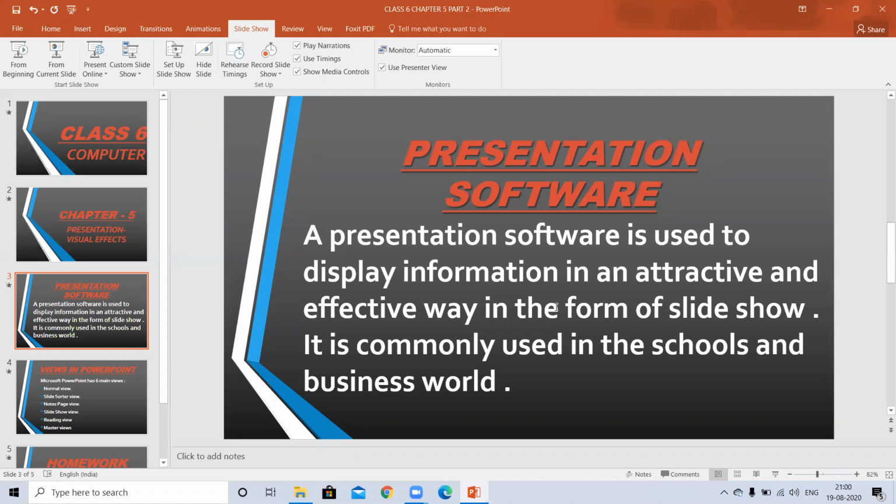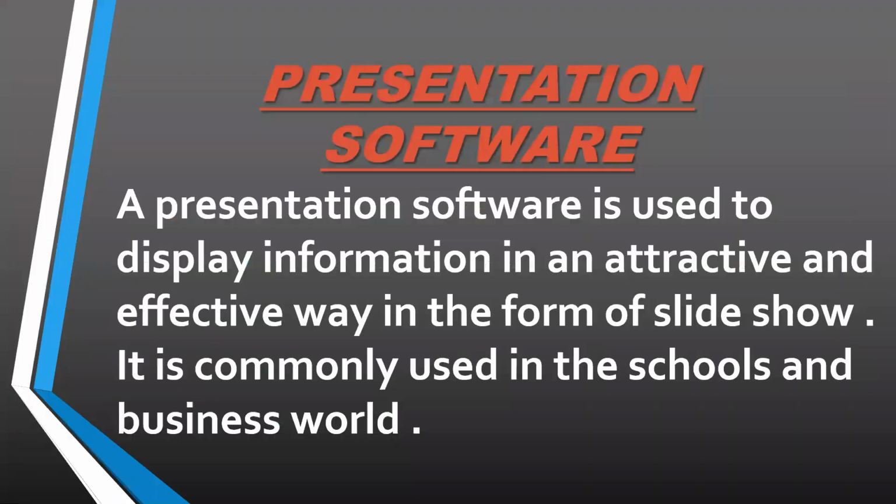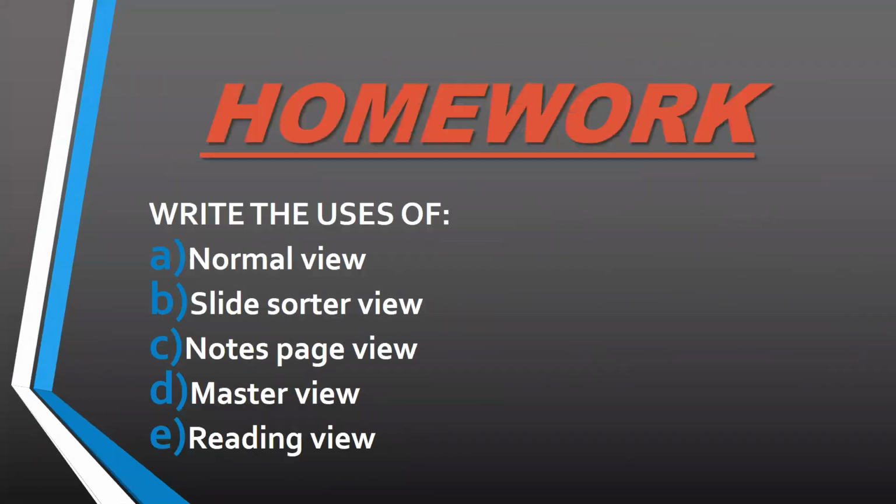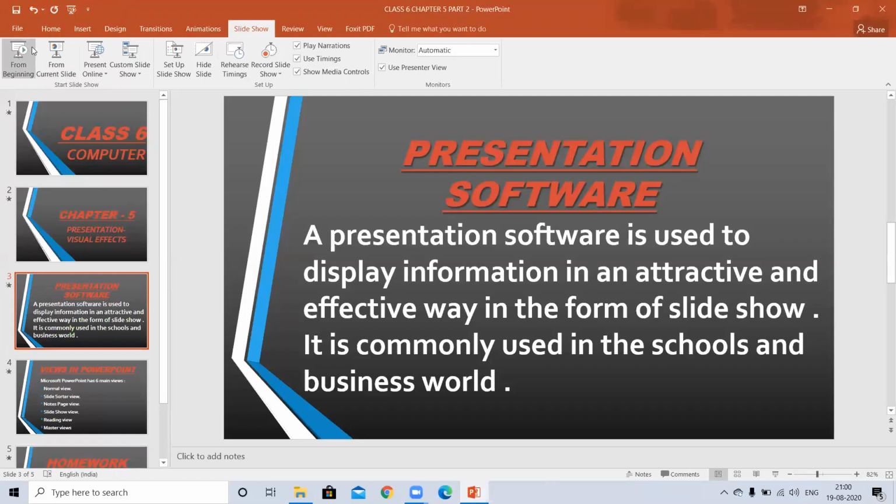Okay, so if I am on the third slide and click slideshow from current presentation, it will start from the current slide. It will not start from the beginning. So this is the difference between From Beginning and From Current Slide. From Beginning will show your presentation from the beginning, and the From Current Slide button will display from that current slide. Okay, the next way, you can press the F5 key on your keyboard.